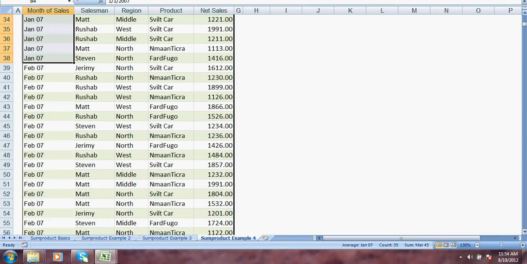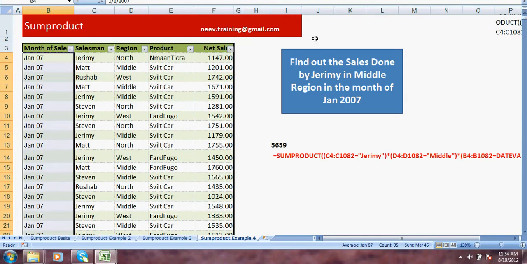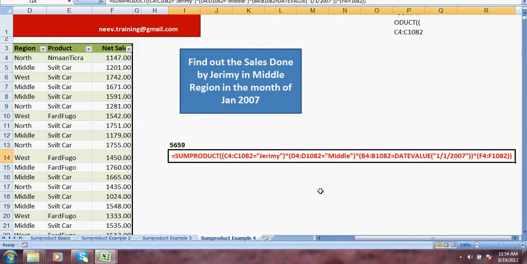All of them have sold a few cars in every region, different products they have sold. Now the objective for us is to find out the sales done by Jeremy in the middle region in the month of Jan 2007. It is the sum product function only, but